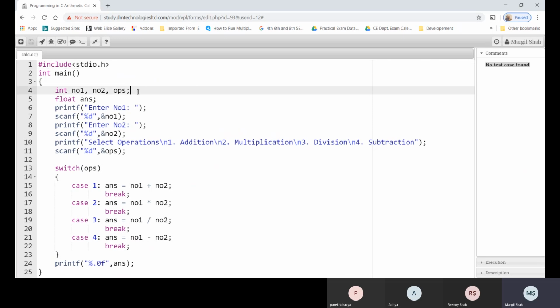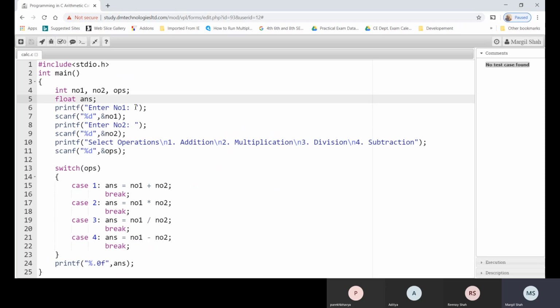This is again a very simple program, where we have defined four variables, and out of these four, three are integer and one is a float: number one, number two, operations, and answer. Basically we would like to create a program for addition, multiplication, division, and subtraction. This is my actual program, right?